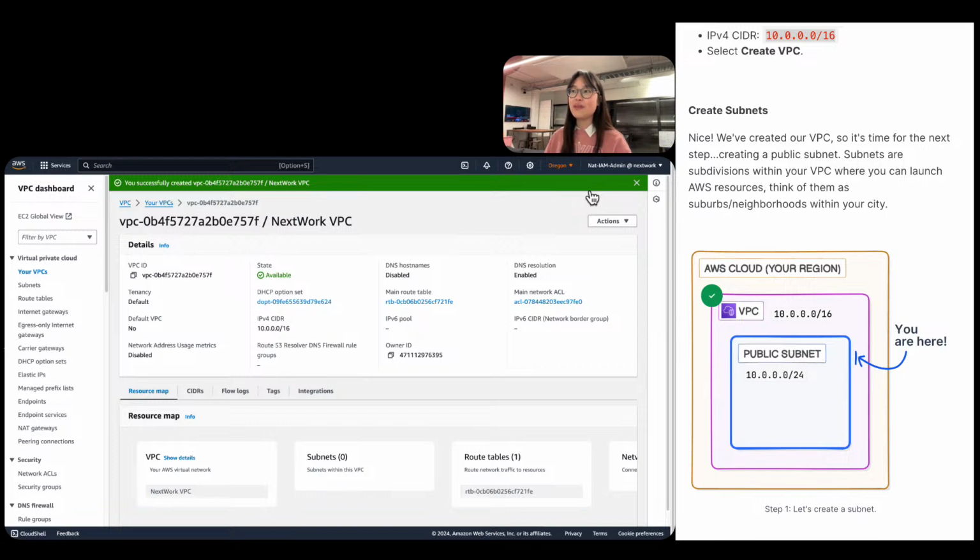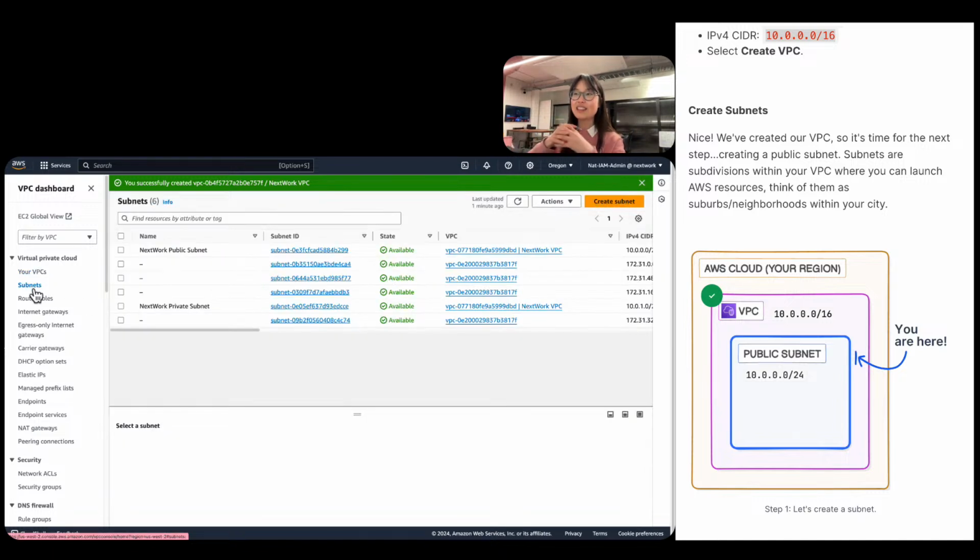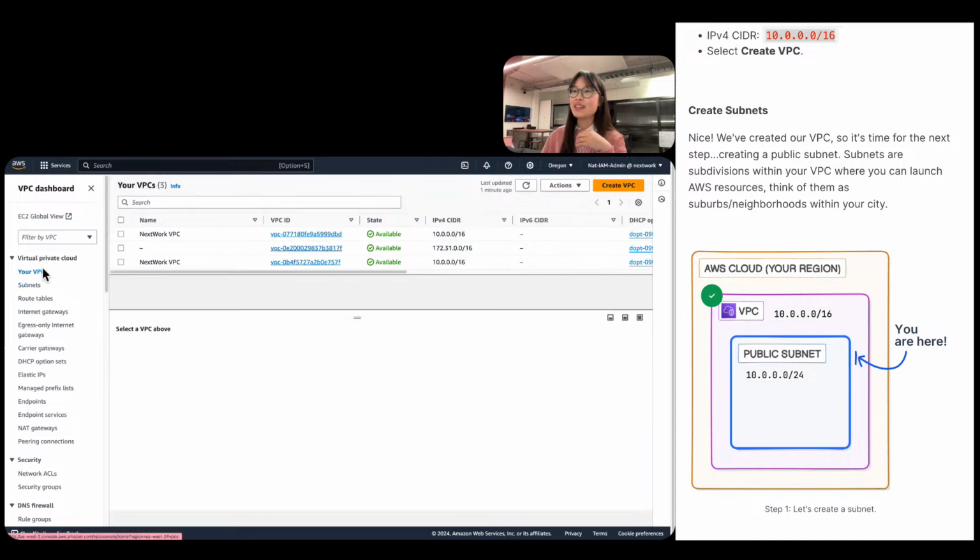A city is truly your city, or your VPC is where you get a lot of control over the network of all the resources that you decide to deploy in your AWS account. And that's why we're going to deploy EC2 instances later, so you can see that in action. But yes, what is a city if you don't have little neighborhoods or little subgroups within that VPC? So what we're going to do now is,